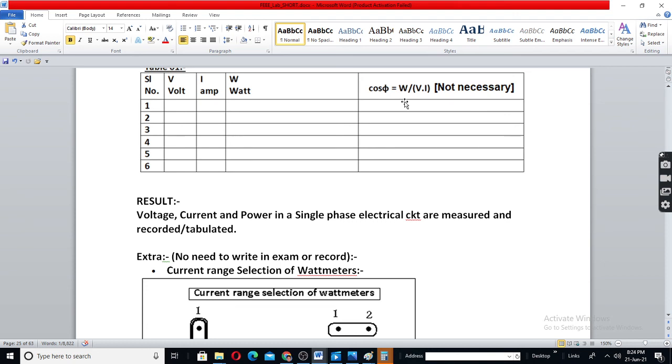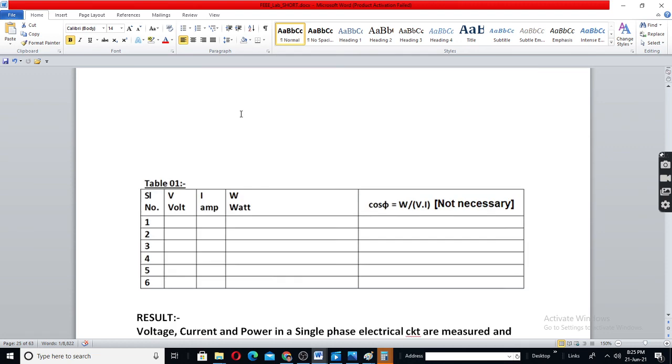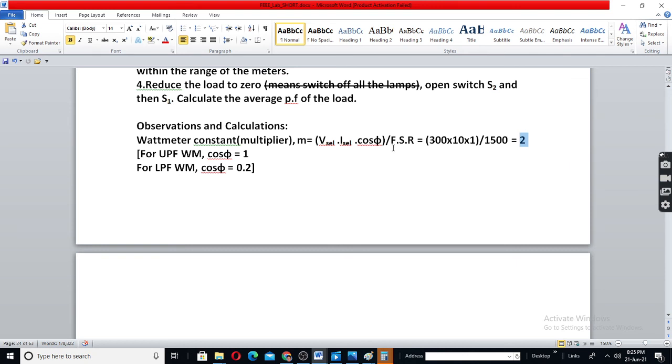That is okay for your level because you belong to another branch, not the electrical branch. But if you get something around 0.5 or 2, 3 here, that means the reading you have taken here is wrong, or you have not considered the multiplier m, etc. Okay, I will erase this here now. Fine.